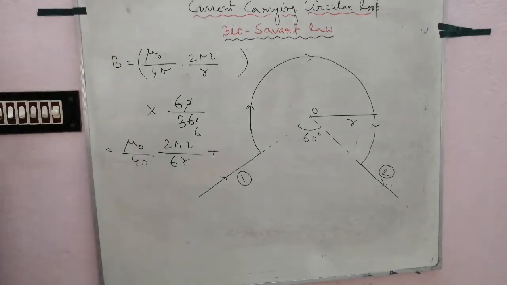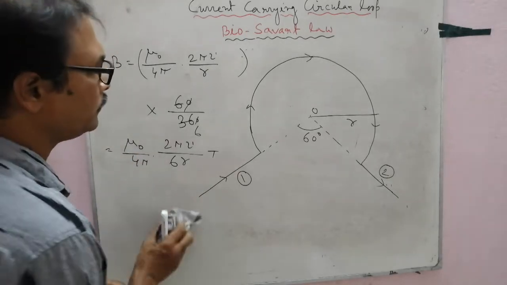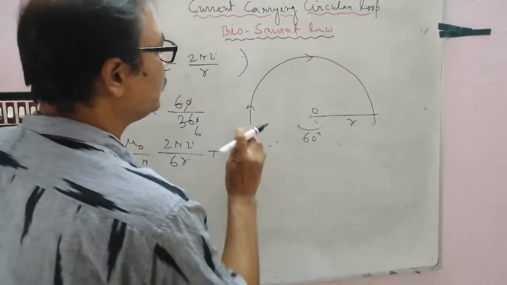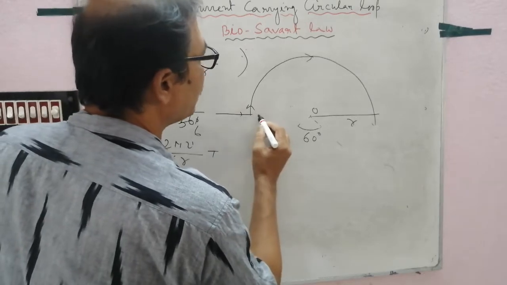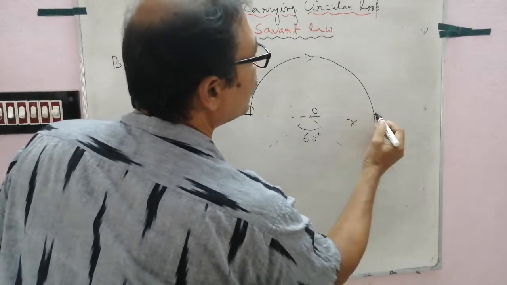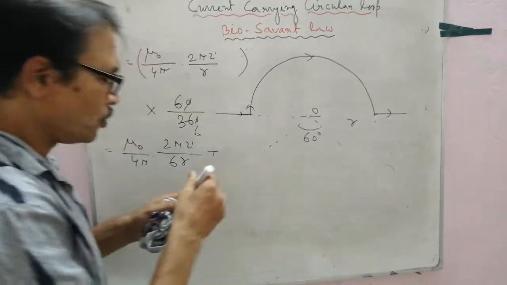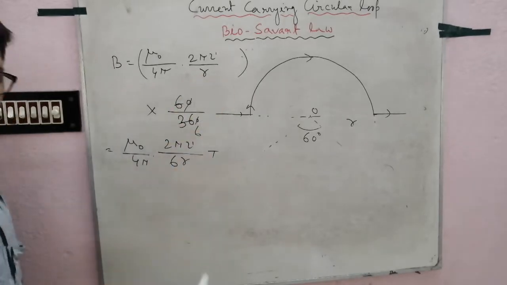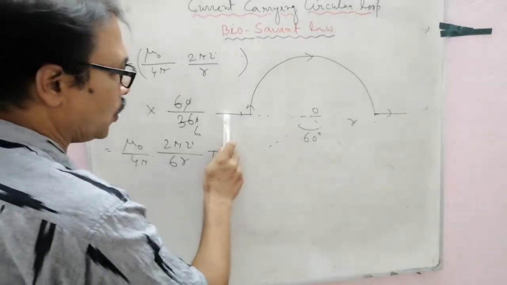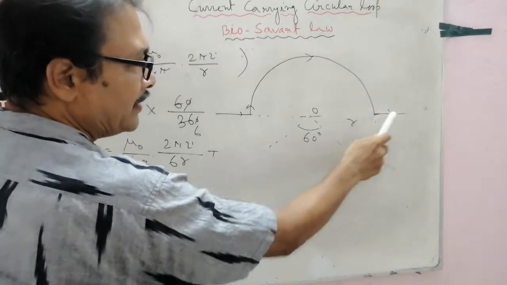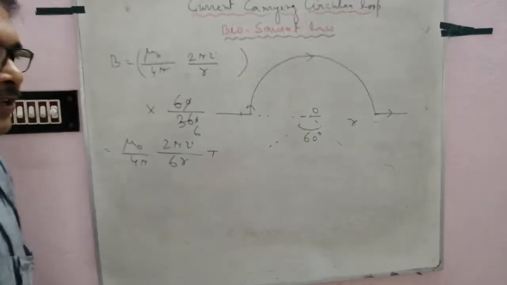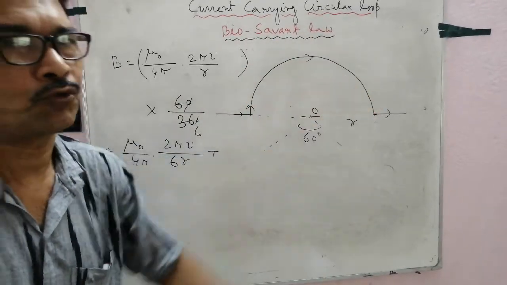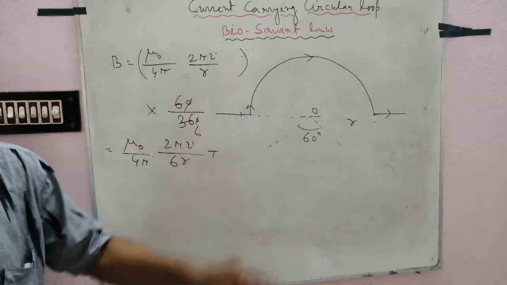Clear? This is another application. Maybe if the wire is in this way, suppose in this way, so for half portion, 180 by 360, half. And for this wire, the point lies on this wire and this wire, the direction of the wire and this point on the same line. So for this portion and this portion the field is 0, only the half circular loop. Clear? In SI system all the unit will be Tesla.